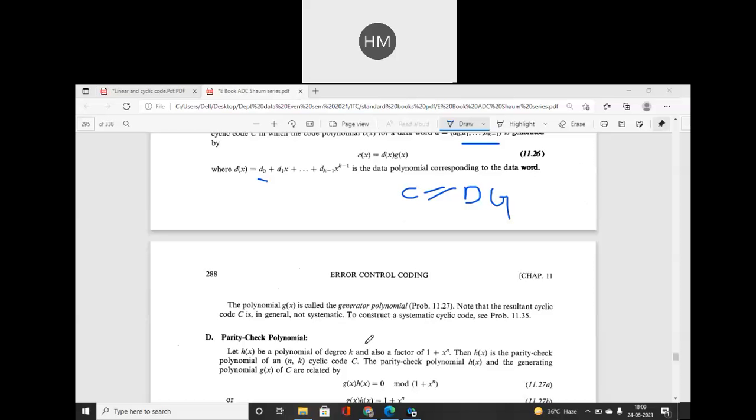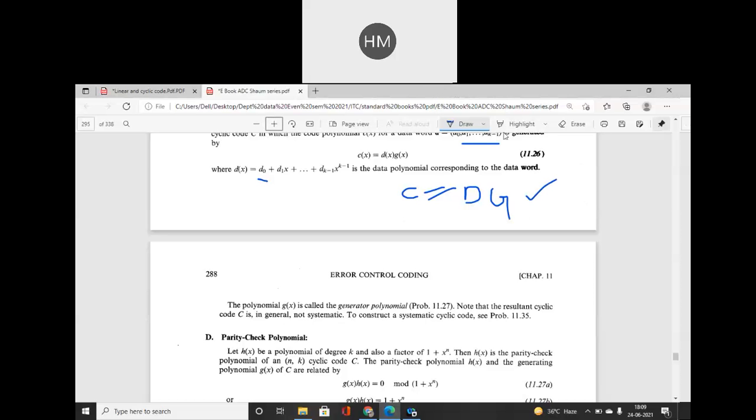And you can compare. Okay students, which type of code we have discussed in LBC, please write down in the chat box, or you can mute your mic and then you can speak out. हमने क्या डिस्कस किया था LBC में? Again it was classified ना LBC codes, and C is equal to DG. What it produces? It's not symmetric, it's systematic or non-systematic code.